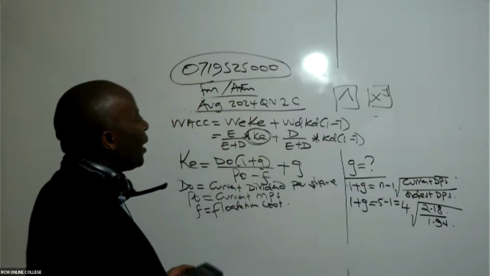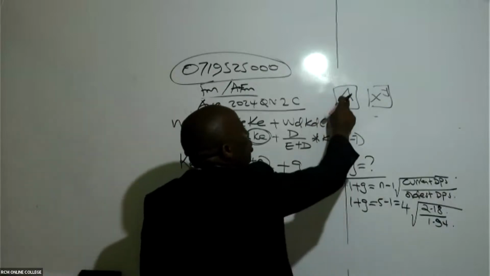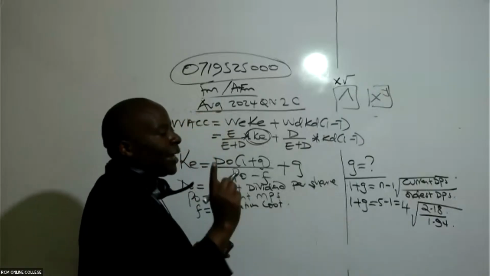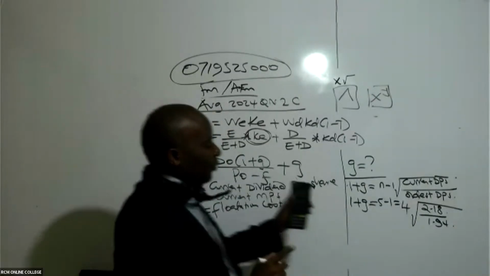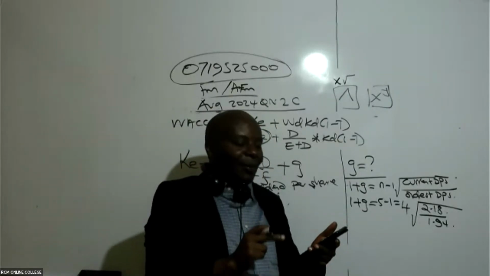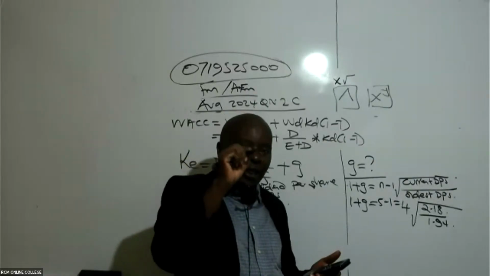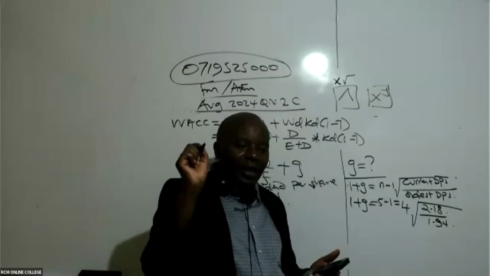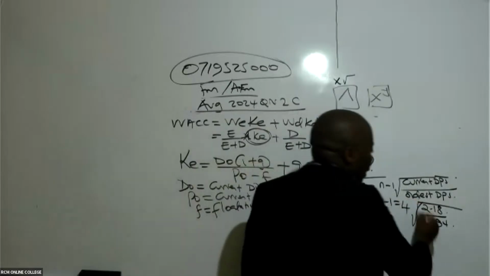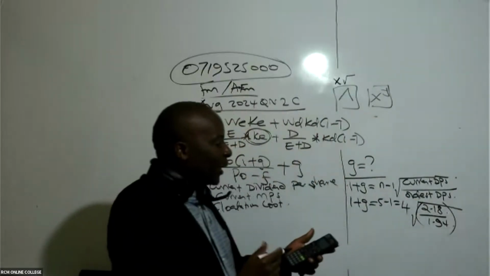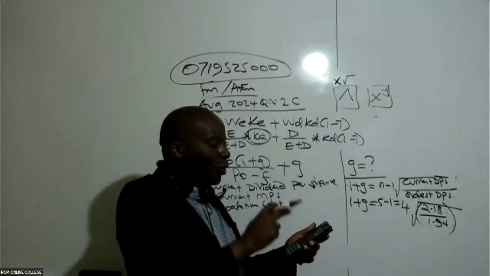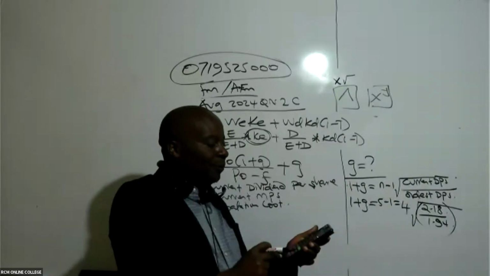If you look at this raised to, on top of it, you will be able to see what we call the x root. Having pressed this 4, I'll press shift, and then I press this raised to. Then I'll be able to see the x root coming up. Once this x root comes up, I have to put these figures in brackets, remember. So in the brackets there, we'll put 2.18 divided by 1.94, close brackets, then I say equals.